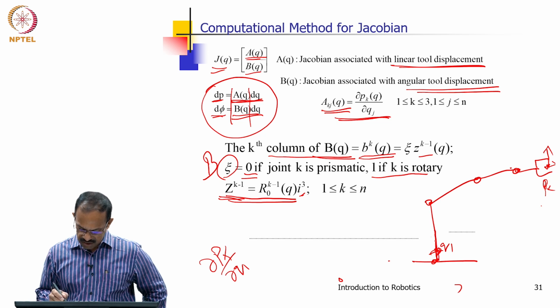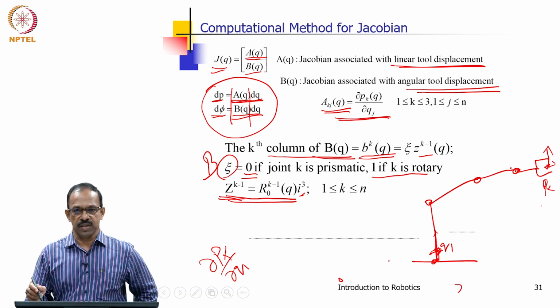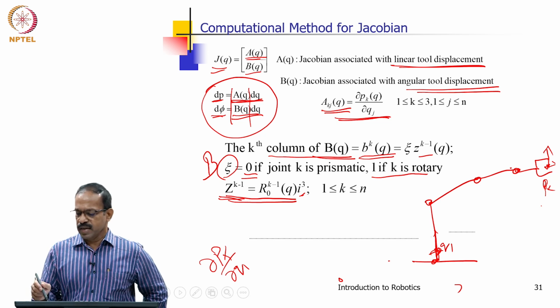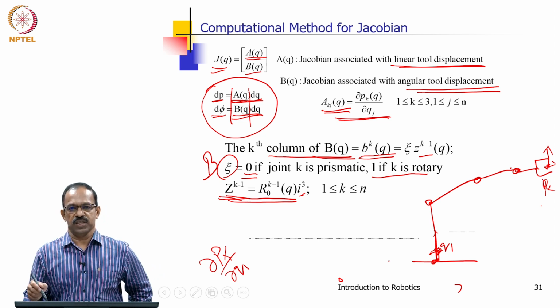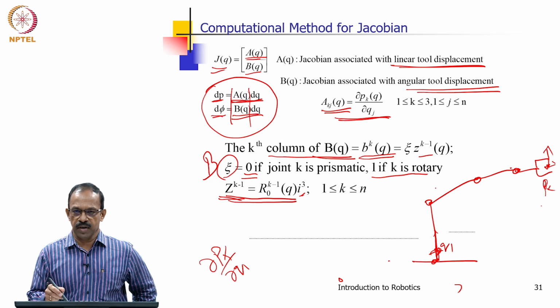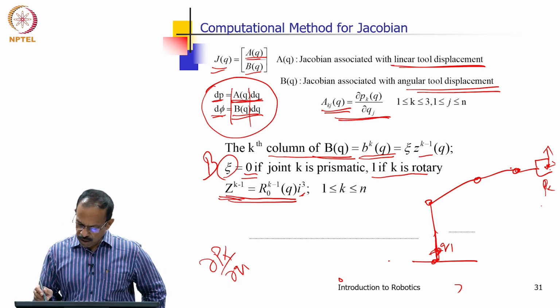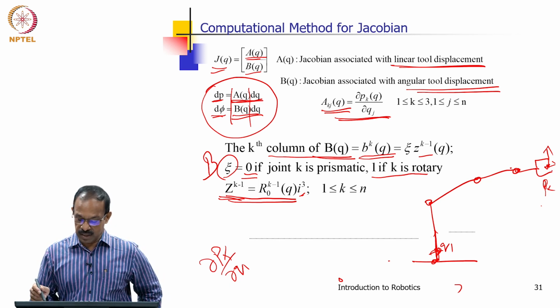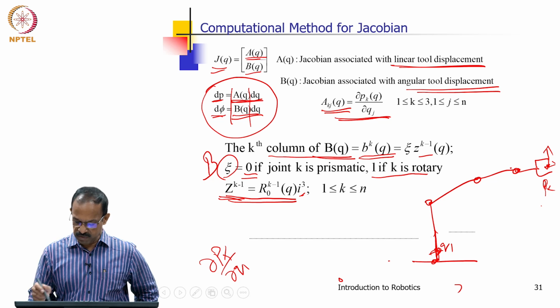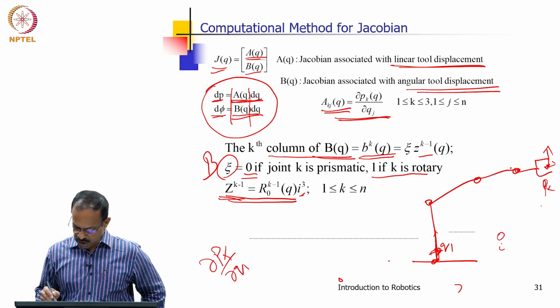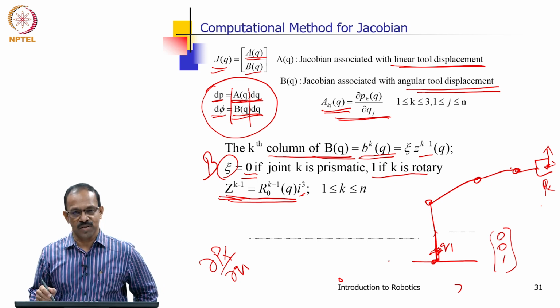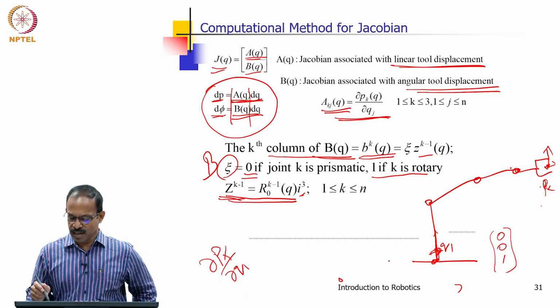What is this axis? That will be the way it is changing. If it is with respect to the z axis, the orientation will change with respect to that. If this has a different axis with respect to the origin, then it will change in a different way. That is why it says that the change of orientation for the first vector will be 0 0 1, because the axis is aligned like this, the z axis is 0 0 1, and therefore the orientation changes will also be like that.